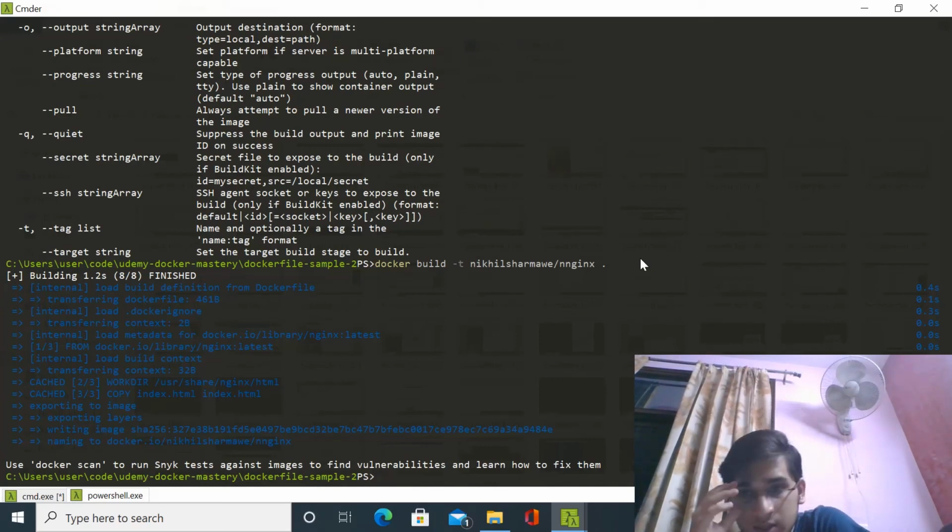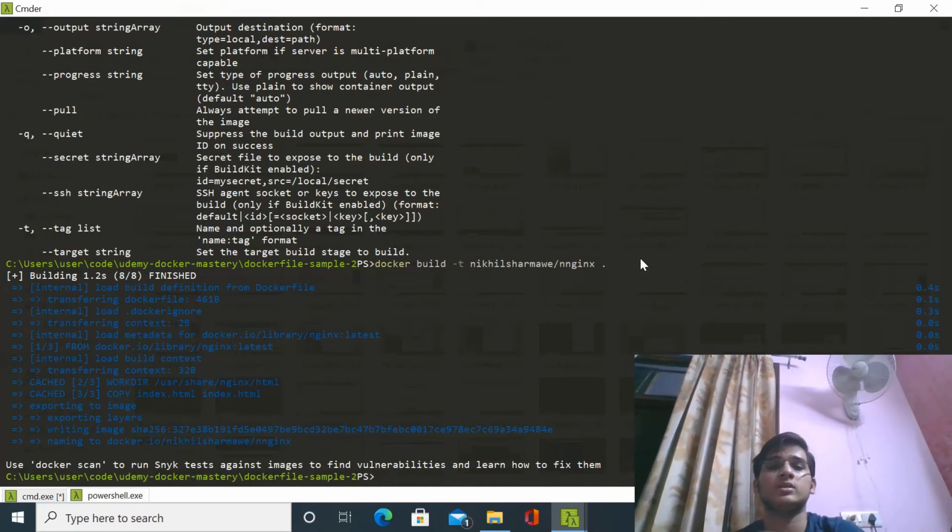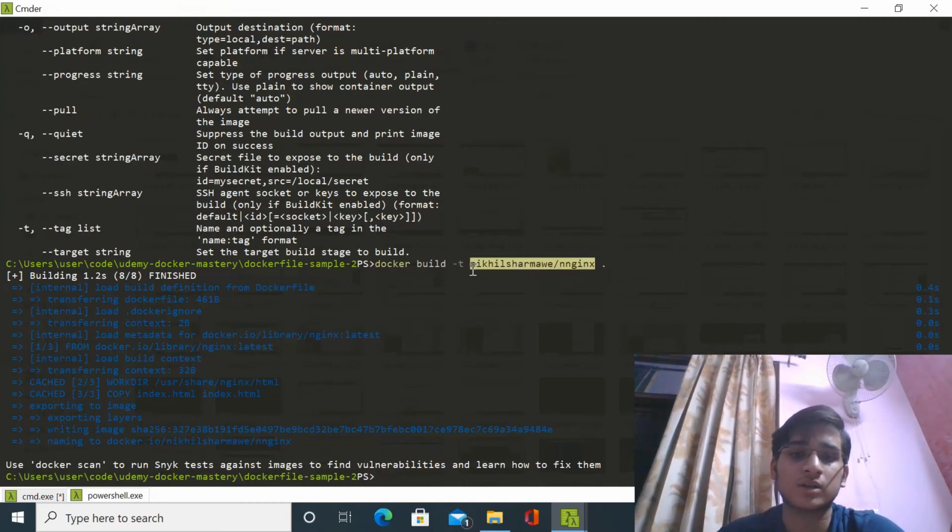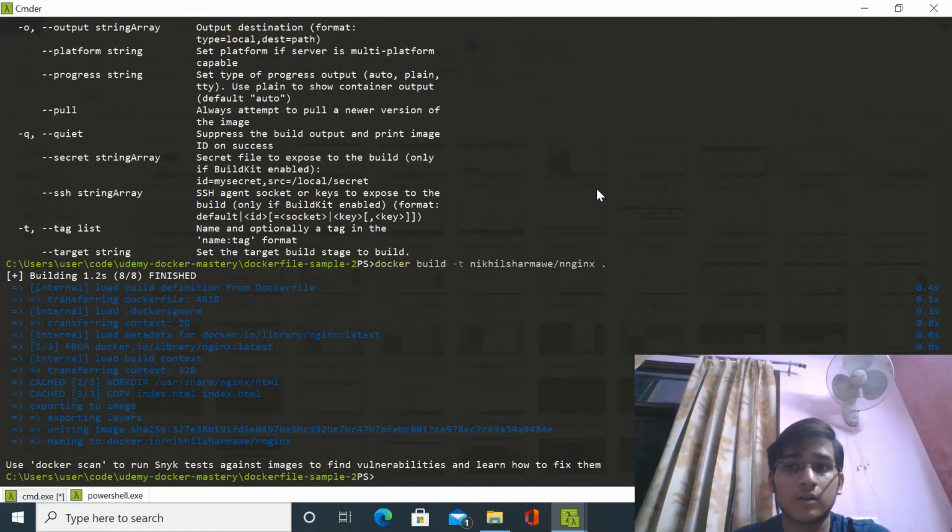A tag is given to all images. When we want to search an image, we have two specifications: a name and a tag with it. We have to specify the tag also, but it is not compulsory. But there is a reason why I have given this tag to it.